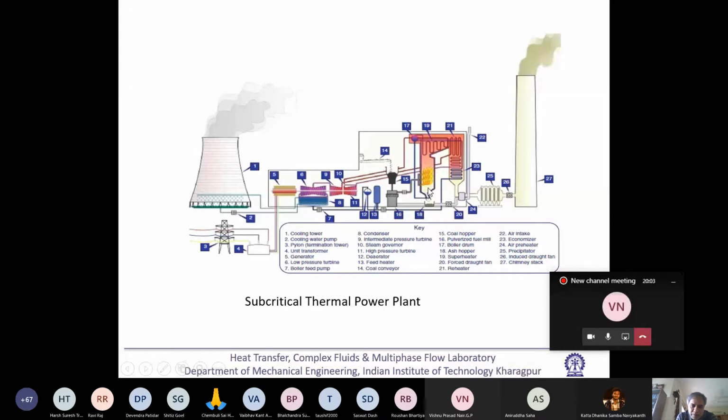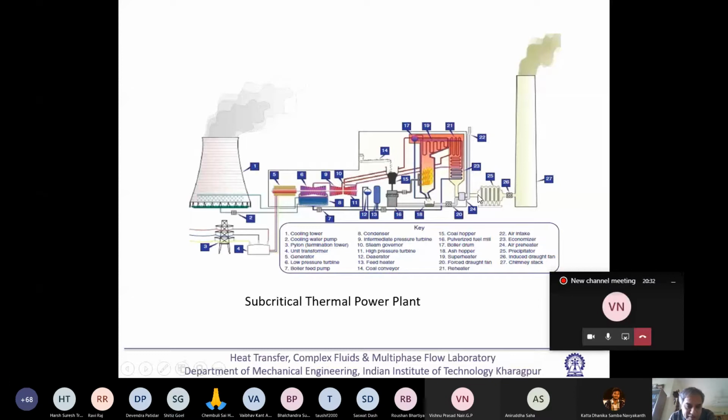And from the boiler, as I have told, there are two parts of ash. One is called bottom ash. Generally, these are bigger particles of ash that will get collected. And the fly ash that is getting separated over here, there is some sort of a precipitator, either an electrical precipitator or another kind of precipitator I will describe later on. So ash will get precipitated to a very great extent in this precipitator.